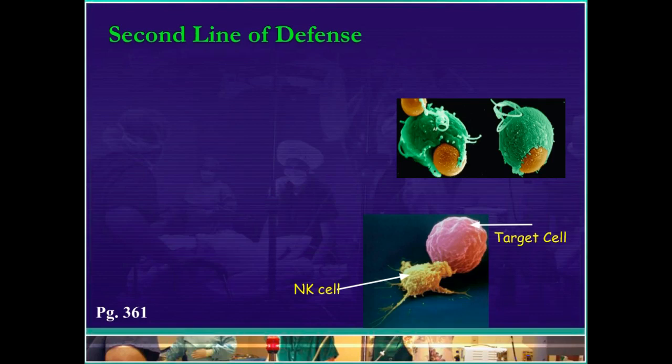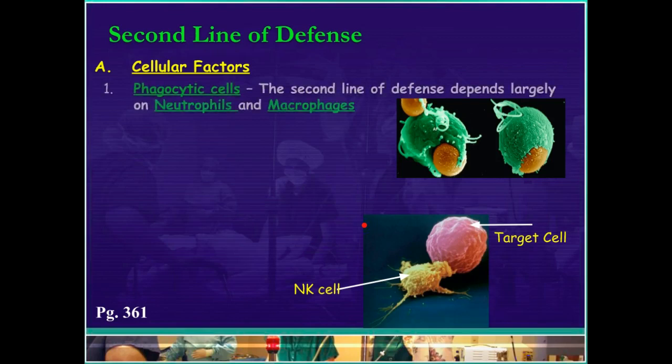The second line, if those microbes do get in the body, our body is still going to treat all of these organisms in the same fashion. So we have cells and we have chemicals that can treat every organism the same. So our cellular factors would be like your phagocytic cells, white blood cells. We talked about neutrophils and macrophages, which work inside the bloodstream, or they get out into the tissue spaces and they gobble up. You can see right here, this bacterium is getting gobbled up,